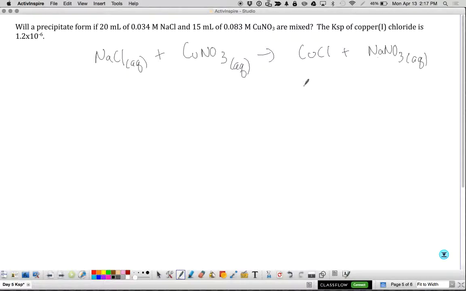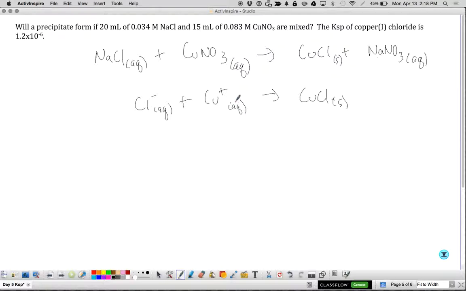If I call this my solid, and I just write the net ionic equation, I'm getting a chloride ion from here, I'm getting a copper ion from here,